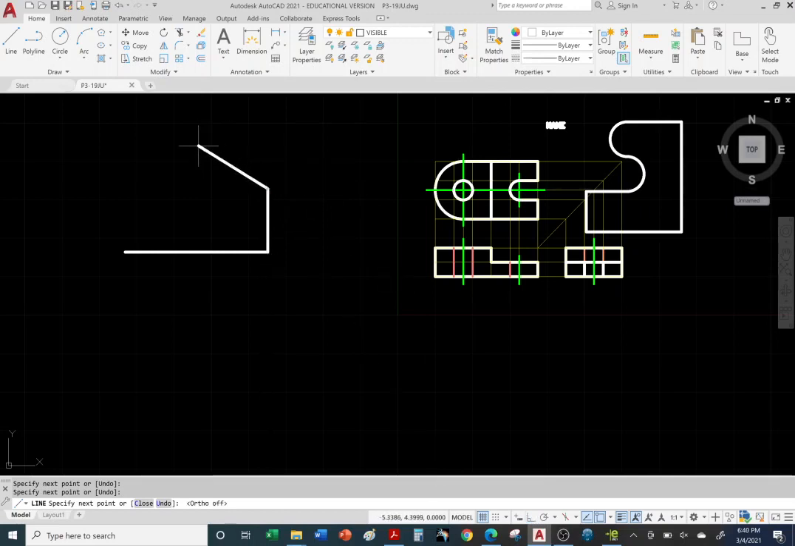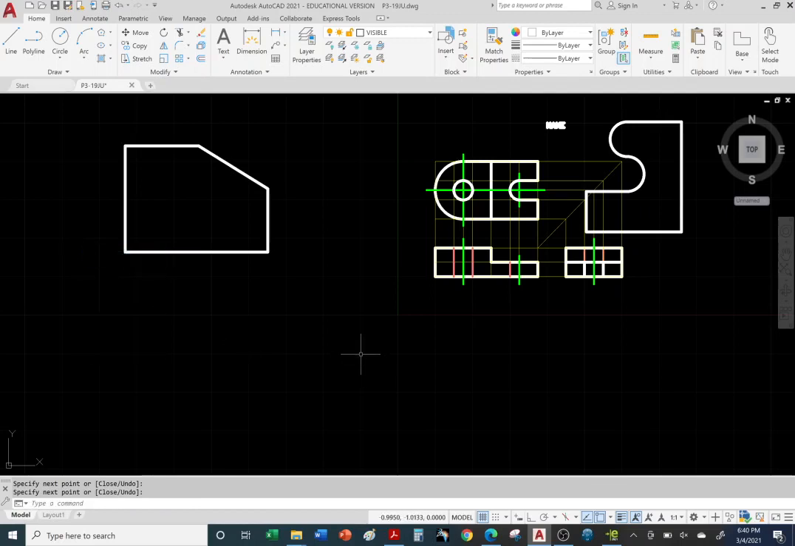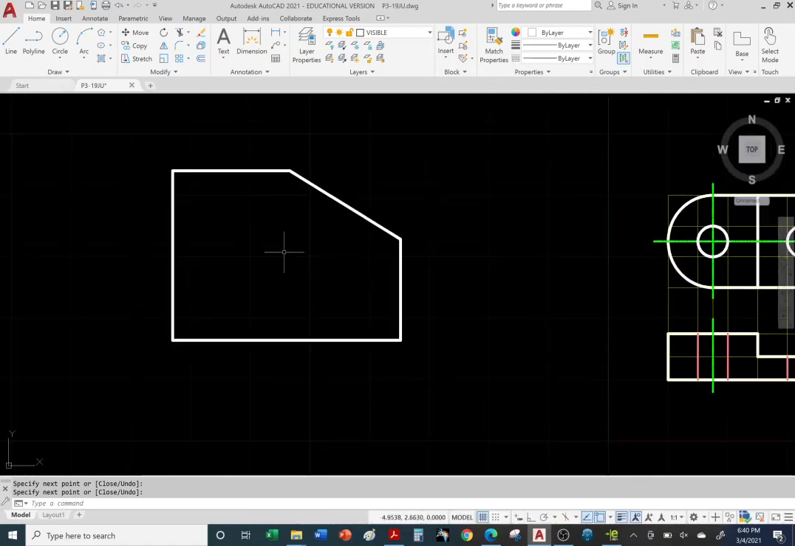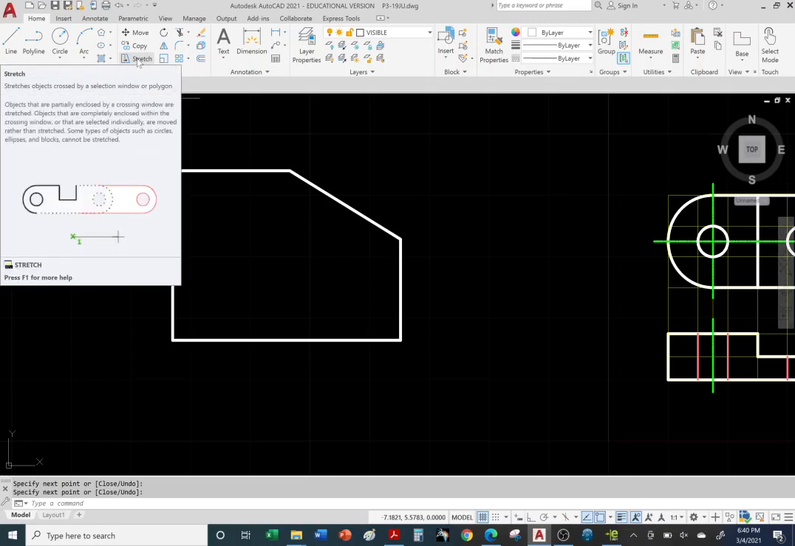Let me turn off ortho. Actually, this is a 5-sided shape. All right, so as you can see, I drew this closed profile, 5-sided. It's not a trapezoid, but let's go ahead and use this one to use a stretch command. Okay, so I'm going to use stretch,